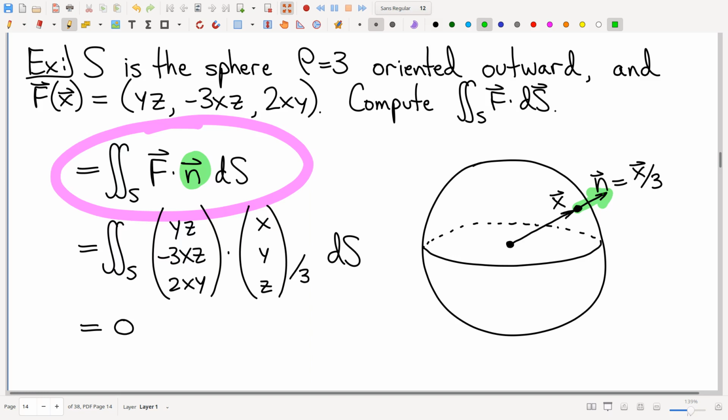The unit normal vector, thank you spheres, is just a scalar multiple of your position vector. This is a sphere centered at the origin, of course. The radius was 3, so I can't say n equals x itself because I need this to be a unit vector, so I divide by the radius. Now it's a unit vector. So you write that down,